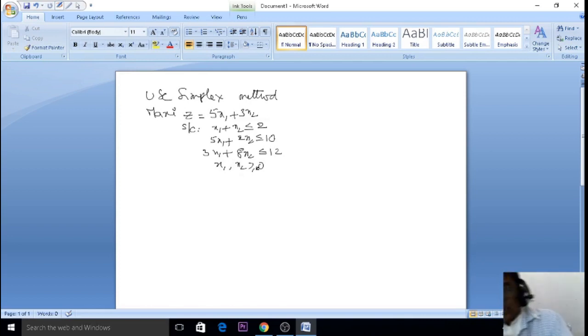This is the problem. Actually, in these equations, there are only two variables. But from an examination point of view, if the examiner does not mention the simplex method, it is better to go to the graphical method. Otherwise, if the simplex method is required, you have to apply the simplex method principles only. Please refer to my previous notes.